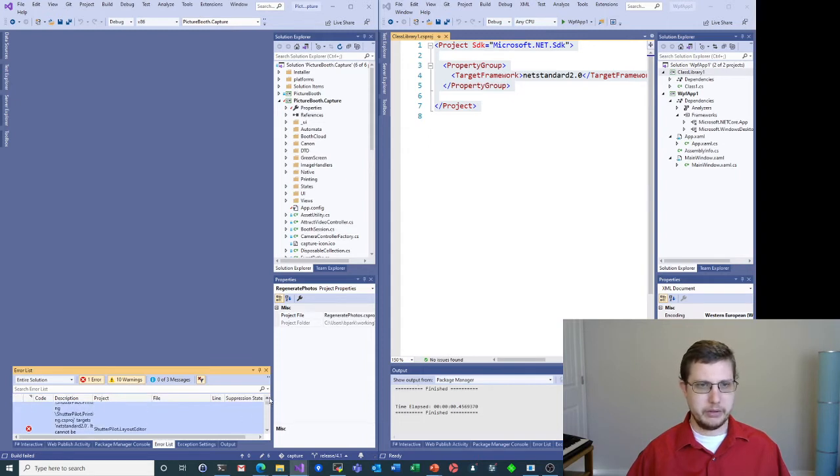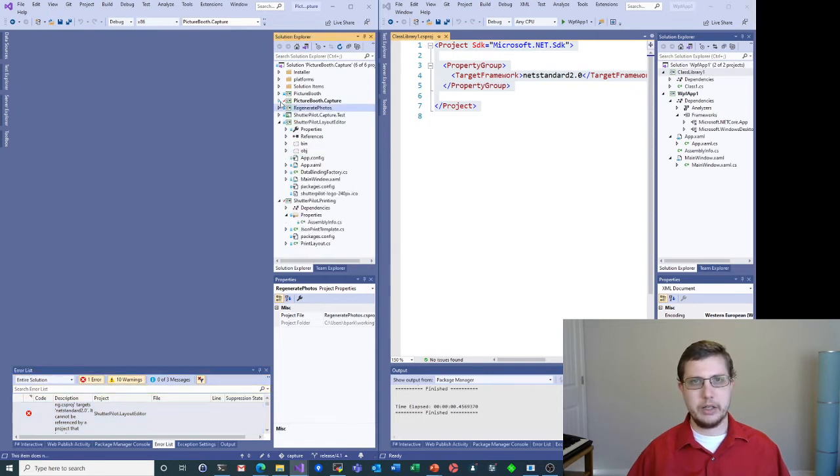All right, we've got something else that's targeting .NET Framework 4.5 as well, and that might be the other one that we're trying to upgrade. Yes, ShutterPilot.LayoutEditor. Yep. Okay, so one error, that's fine. Okay, so now let's go over to the layout editor. We're done with printing. Printing is good. It does what it needs to. So now